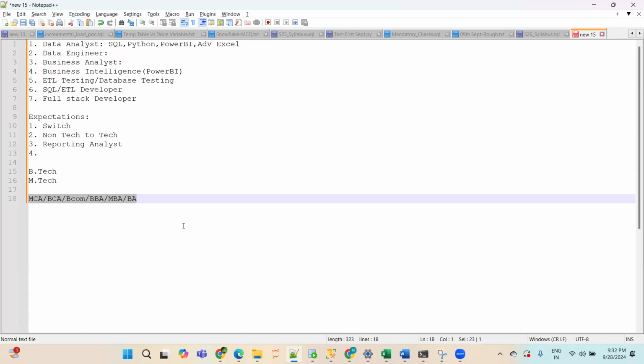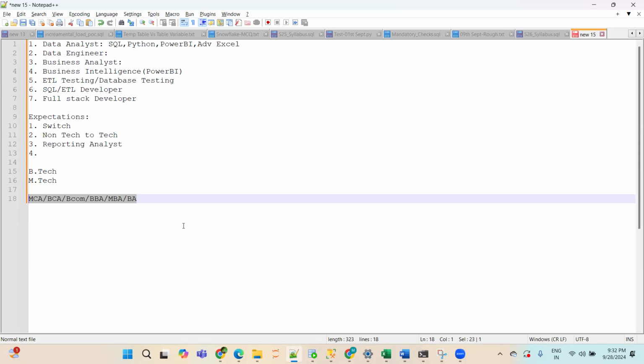When you are creating your resume for a data analyst job profile, you have to show it to me. I will tell you how to tweak your resume so that it reflects that you have worked as a data analyst. Suppose you're working in a hospital, doing some basic task, like working as a data entry operator. Don't say you're a data entry operator. Say that you're working as a data analyst.